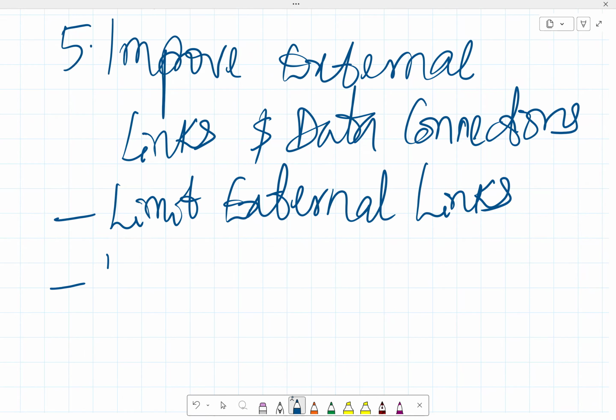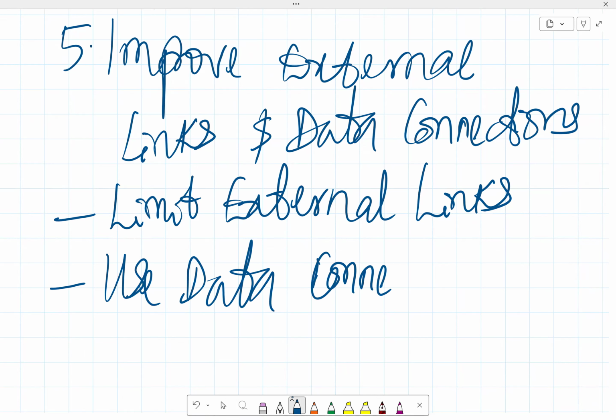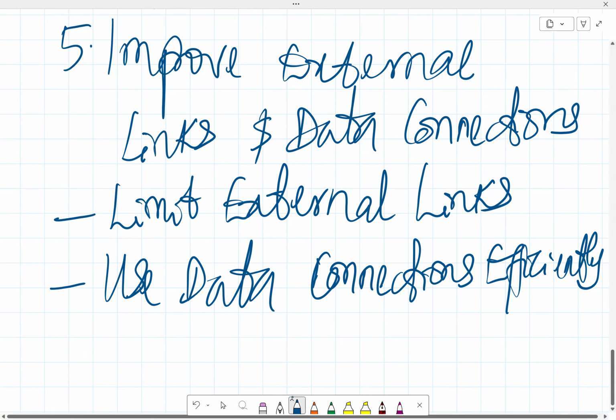Then use data connections efficiently. Okay. So use Power Query or external data connections to pull the large data sets instead of copying data directly into Excel. Okay. So we move on to the next,